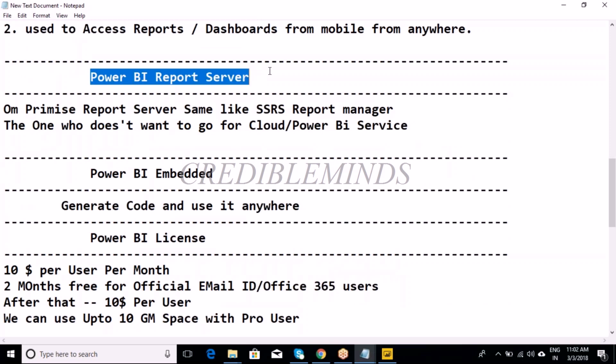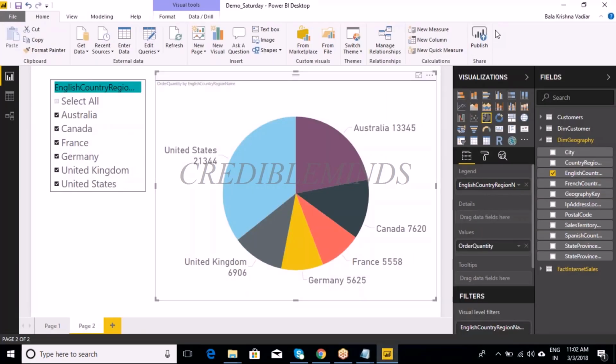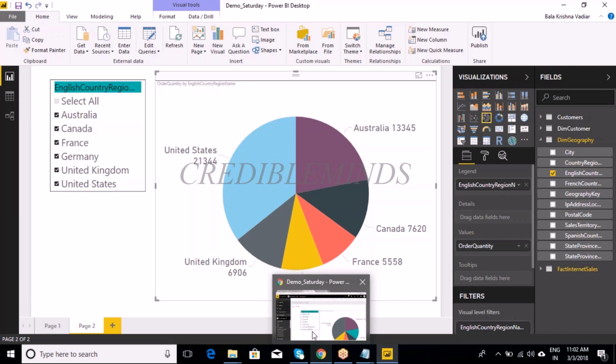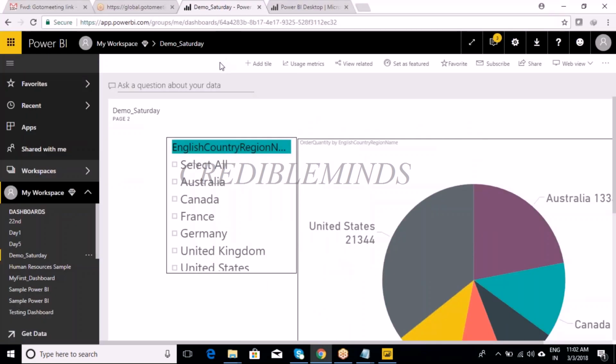Power BI report server. This is the most important feature which I missed out. Now assume that I have a report. When I click on the publish button, where is it going? It is going into the Microsoft cloud, a web application, and is saved on the cloud platform. Let's assume some other client doesn't want to move their data into the cloud.